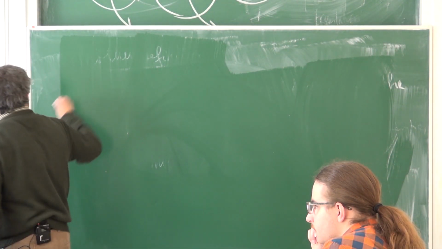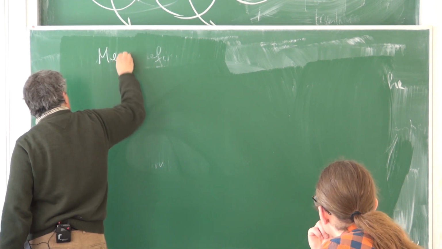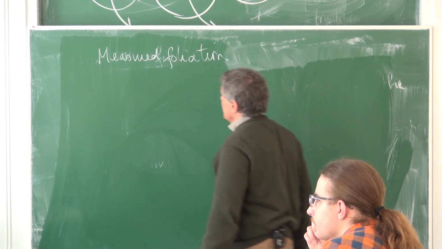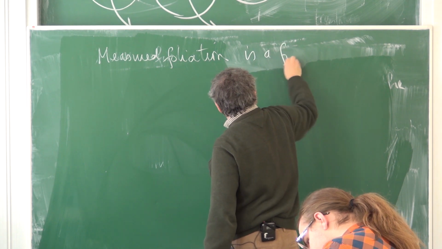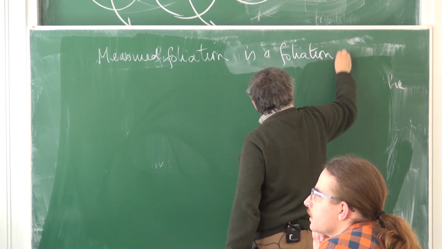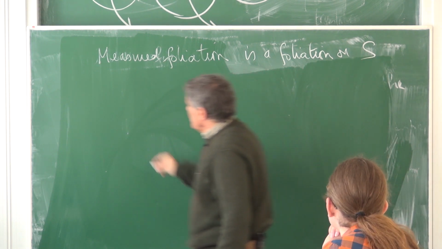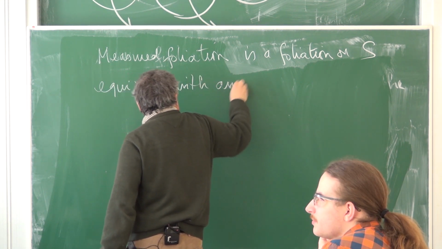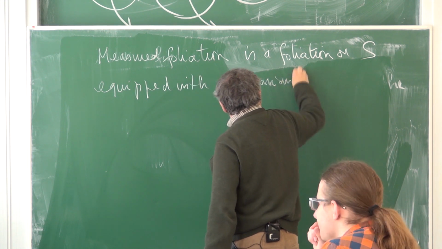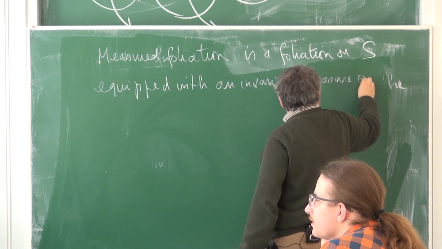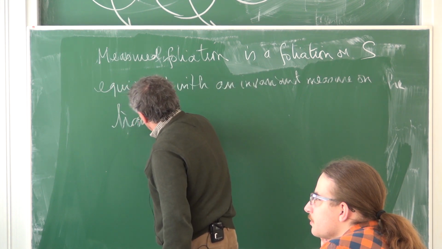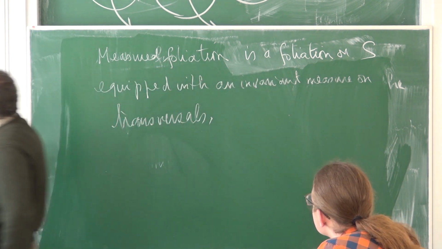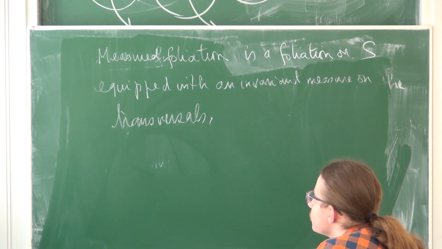So, okay, you remember that a measured foliation is a foliation on the surface S equipped with an invariant measure on transversals. So this foliation by horocycles,